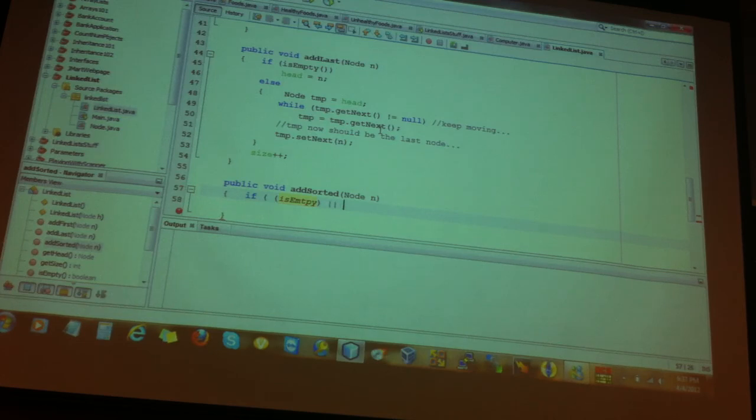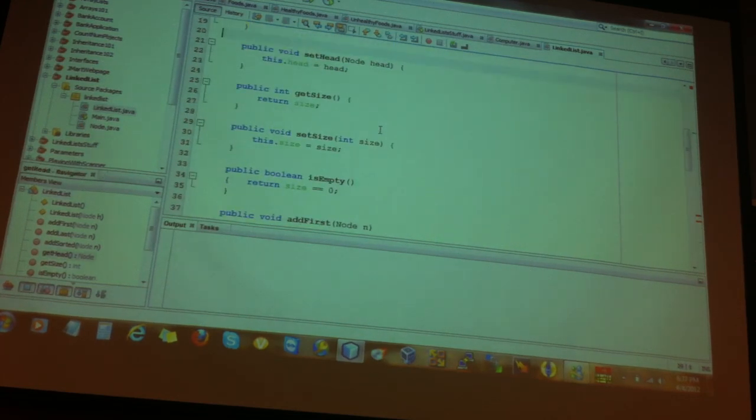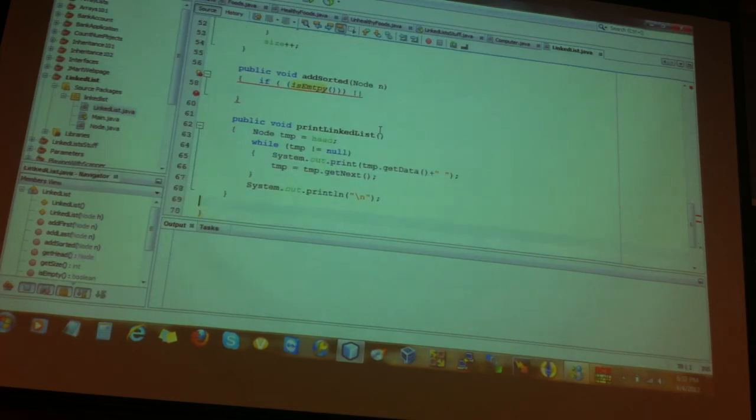Can a node be empty? I'm calling isEmpty, that is a method from the linked list. If the linked list is empty, or like you told me, the current node's data is less than or equal to the head's data,